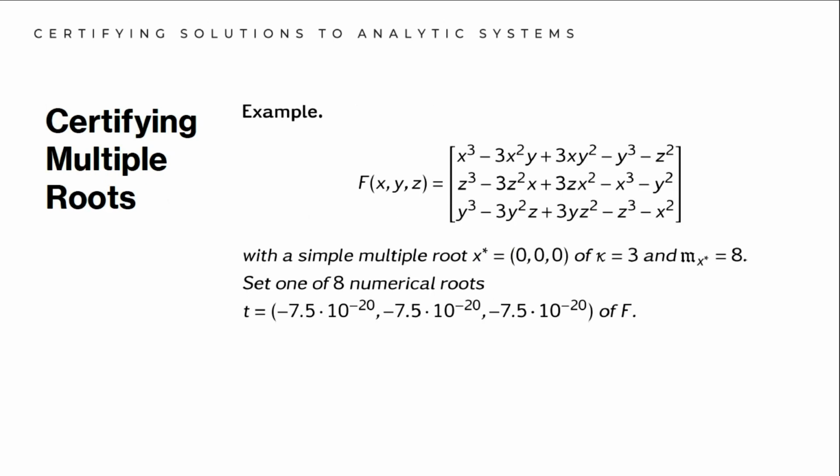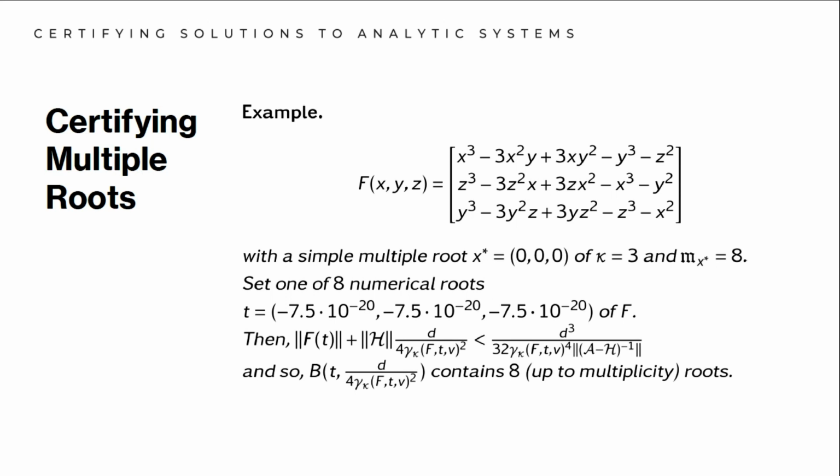So I want to show you how to use this in terms of a real certification problem. Let's say that we have capital F, which is given in here. It actually has an exact root at the origin with kappa equal to 3, multiplicity 8, but we don't know. But we just solved this using some numerical solver. Probably we're going to get a bunch of numerical solutions, especially around the origin. We're going to get 8 solutions which are close to each other. We're going to call one of them T. Then we can just compute this inequality, and we can check that this is true. It means that we have a ball centered at T with this radius, which contains 8 roots of the multiplicity